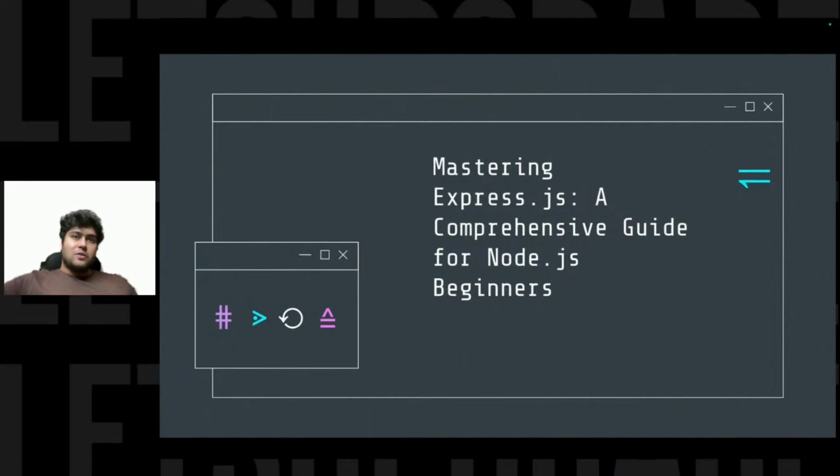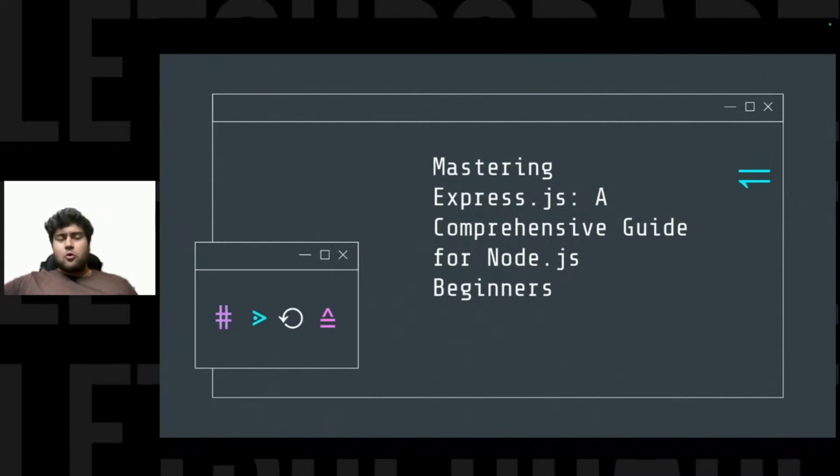The problem with the HTTP module is we have to write a lot of code, and our code cannot be robust in order to create the server. This problem was solved by Express.js. Express.js is a minimal and flexible Node.js web application framework, which is built on top of the Node.js HTTP module.